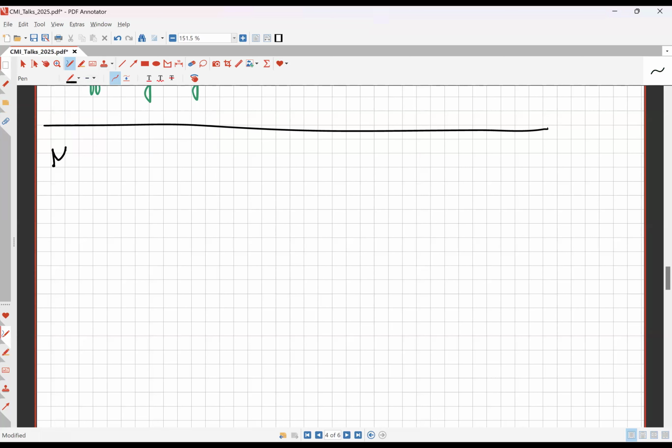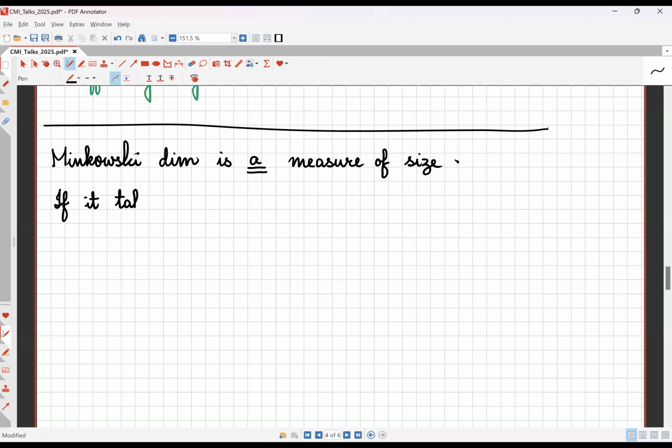Like Hausdorff dimension, Minkowski dimension is a measure of size. Okay. The "a" is very important. It's one among many measures of size. Okay. If it takes roughly delta to the power of minus alpha many delta balls,